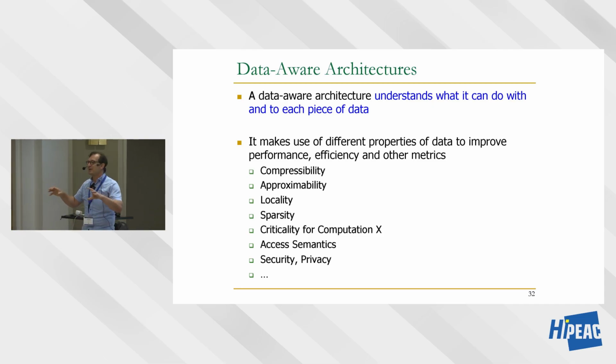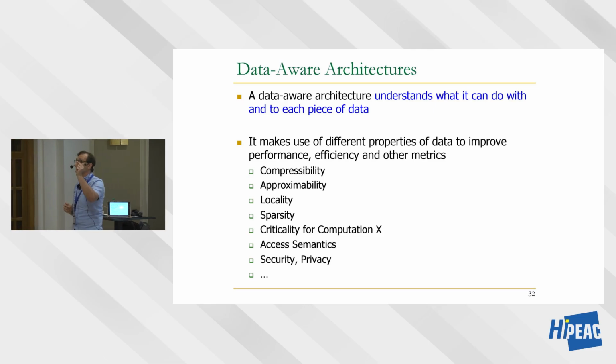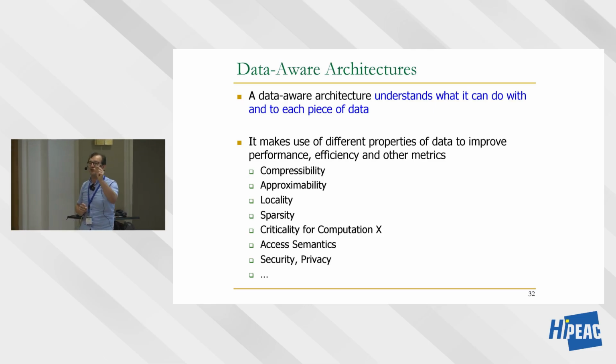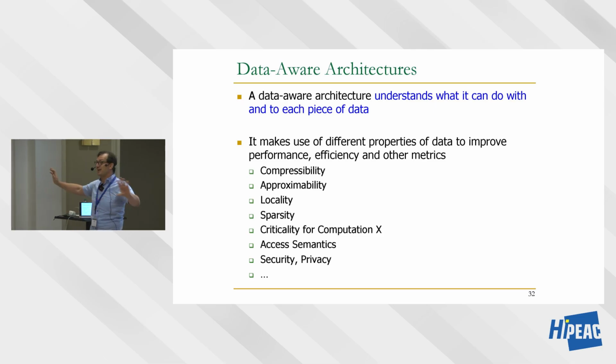I'll pick an example from a memory controller. Side channel attacks are a big deal in hardware today, and you design memory controllers today to try to mitigate them. If you try to do this without knowledge of the application, it's very costly in terms of overhead. But if the application somehow tells you, oh, this piece of data that I'm now accessing is security critical, and I cannot tolerate any side channel, so do something about it, that information is marked. That comes to the memory controller, and the memory controller maybe takes a very different action on that one, as opposed to trying to service everything the same.